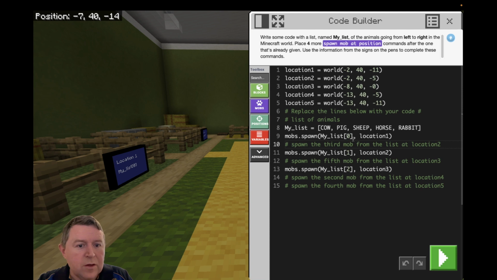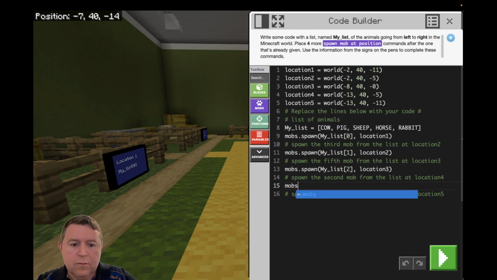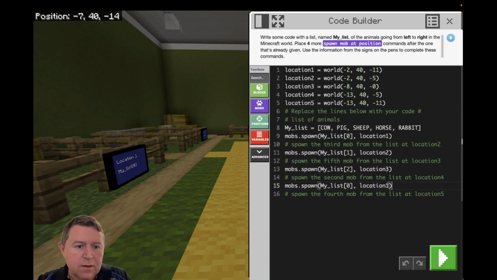So the first one is 0 and 1, 1 and 2, 2 and 3. Okay, the next one, mobs, we can paste it again, and this one should be location 4, and this should be 3, and then the last one